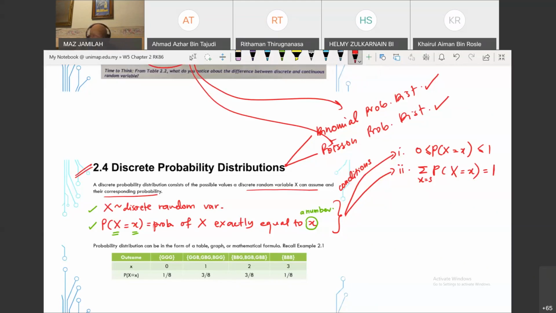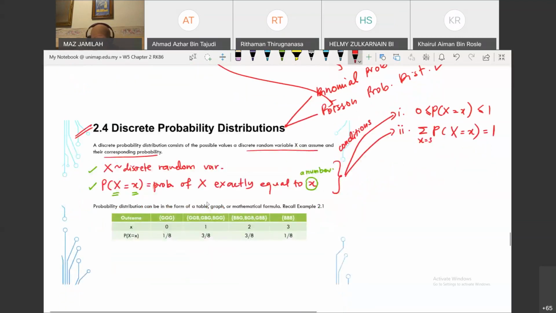Now, since we have half an hour more, I would like to go to the basics of discrete probability before we go into how we define whether it is binomial or Poisson. As we know, a probability distribution can be in terms of a table, a graph, or a mathematical formula. If you look at page 45,